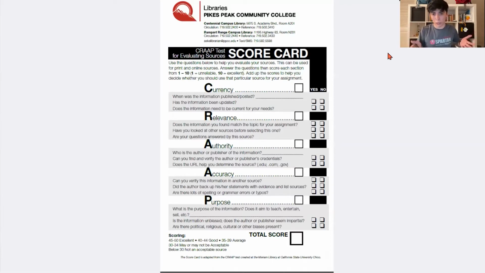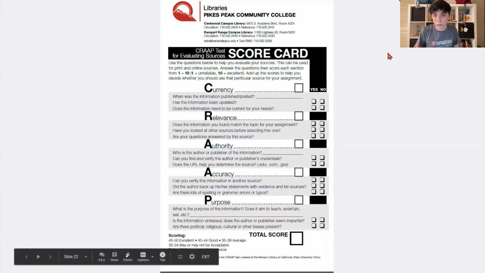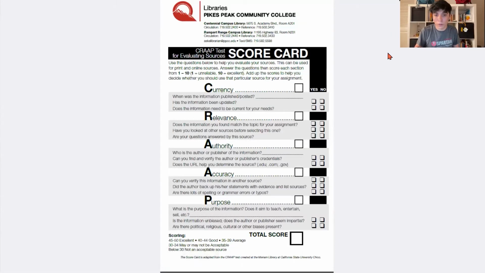So depending on what you're talking about, you might want it to be more recent, but sometimes you might not care. It all depends. And that's just an example of what you check. But once you check all of these on the right, yes or no for each of the questions, then you can start scoring a source from 1 to 10.